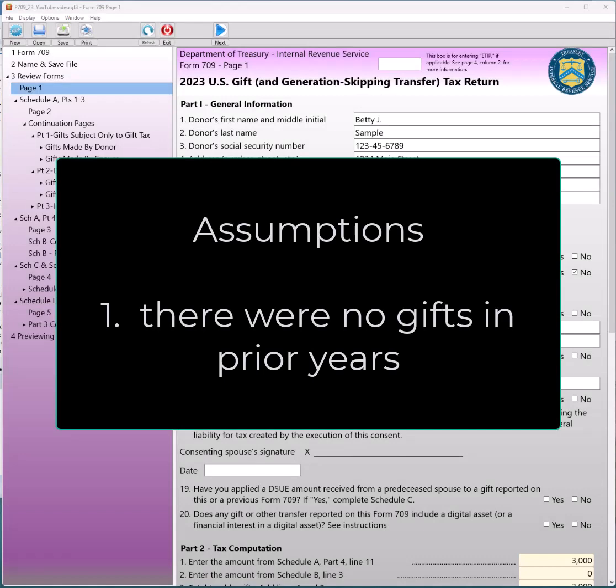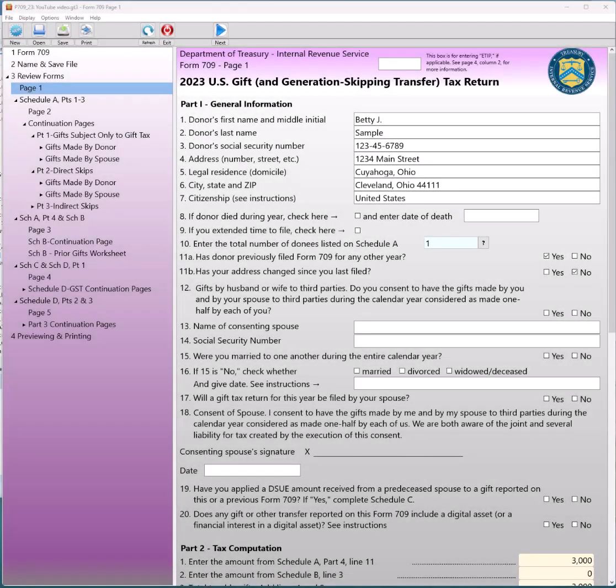Right, and that could be a subject of the next gift tax video, because these gift tax videos are pretty popular, actually. All right, I'm all about it. How is it accounted for? You're going to be able to show us in the software how it's accounted for on the return?